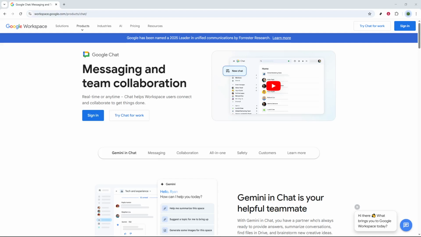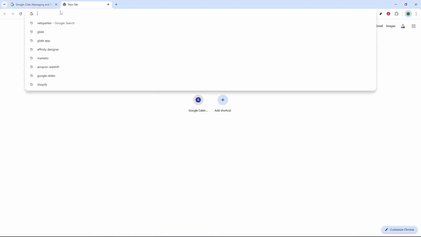Whether you prefer Chrome, Edge, Safari, or Firefox, any of these will work just fine. Simply launch your browser and get ready to type in a URL. As you open it, remember that having a reliable and updated browser can enhance your experience, ensuring that everything runs smoothly without any interruptions. Next, in the address bar at the top, type in the following URL: